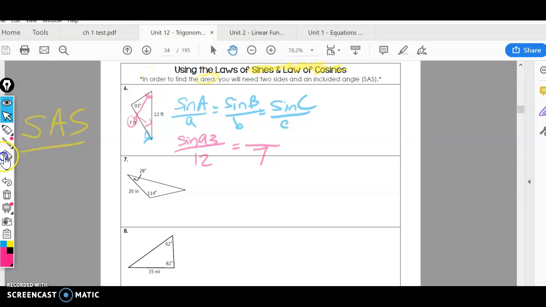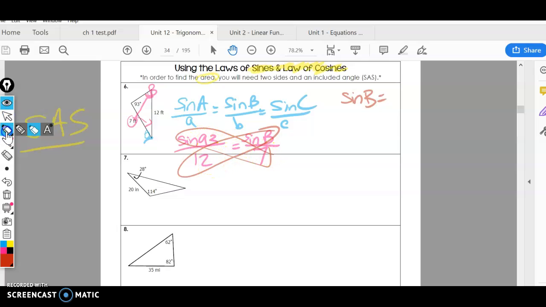Let's just call that B. So we're going to find this missing B right here first, and then use subtraction at the end, but I'm getting ahead of myself. Let's cross multiply. I'm going to skip ahead and tell you sine B is going to be sine 93 times 7, then divided by 12,